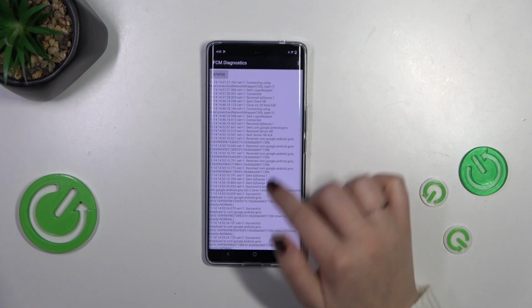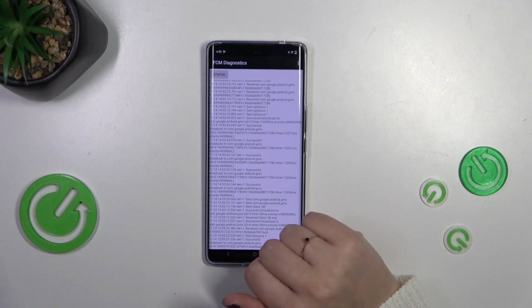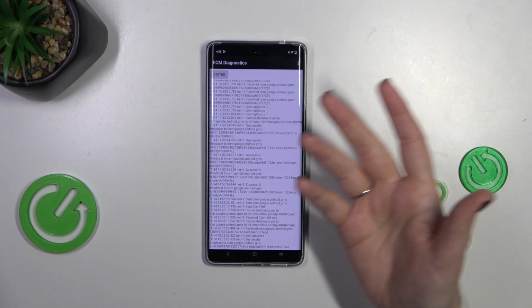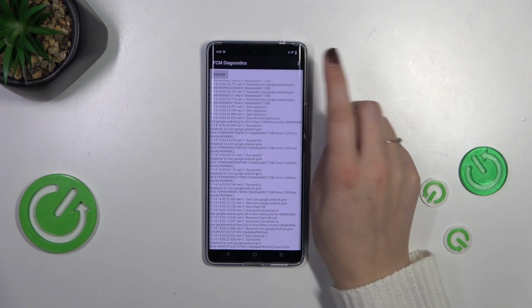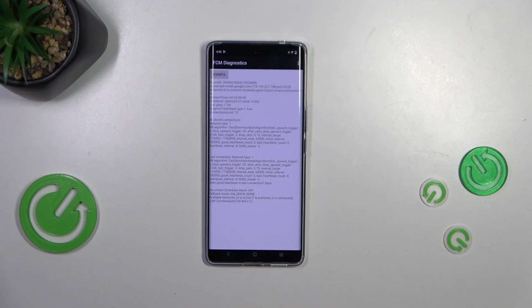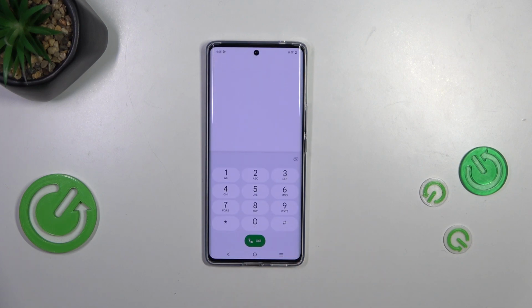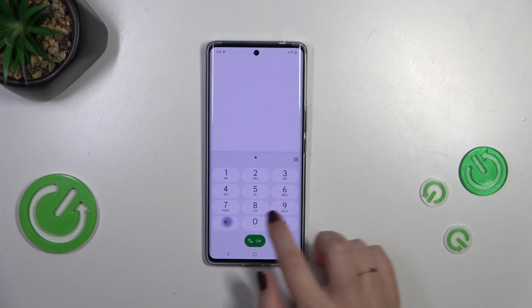We can tap on events, and here we've got some further technical events and information actually. Right now we can tap on the three dots icon and show advanced view. Just mark it and tap on the status again. And here we've got much more information. So for example, the heartbeat, last ping, or HB algorithm. Alright, let's go back and let me show you another code, which is